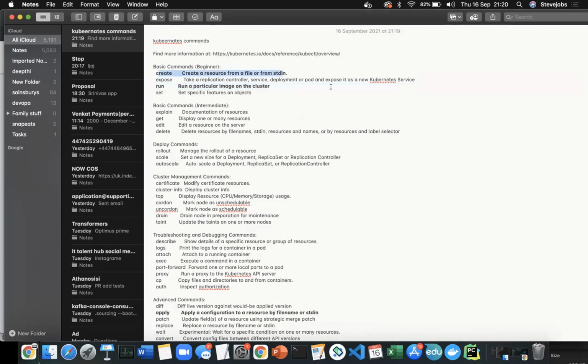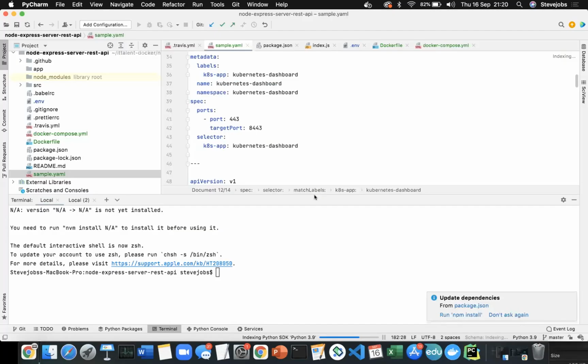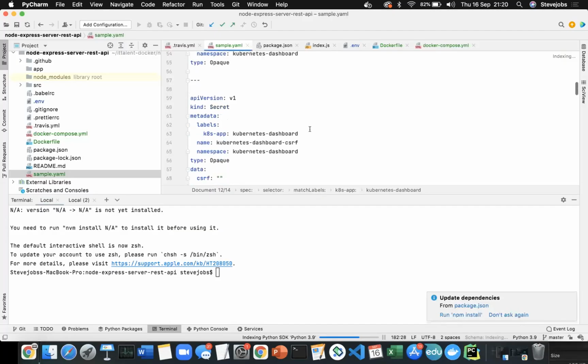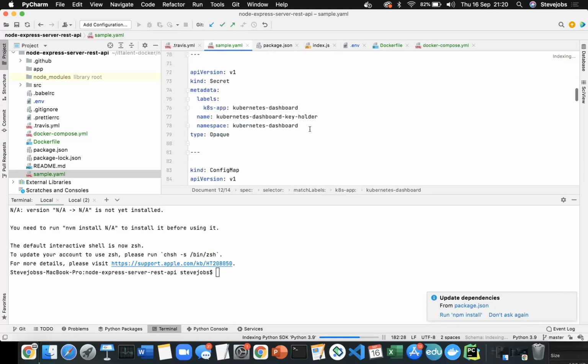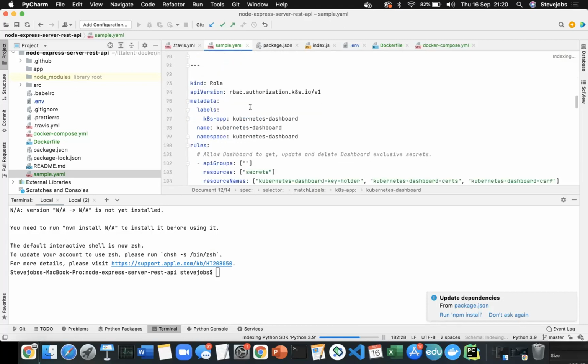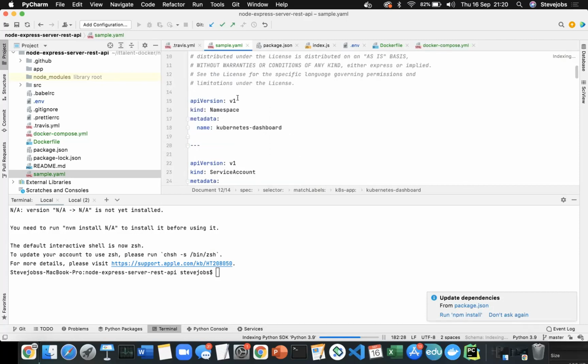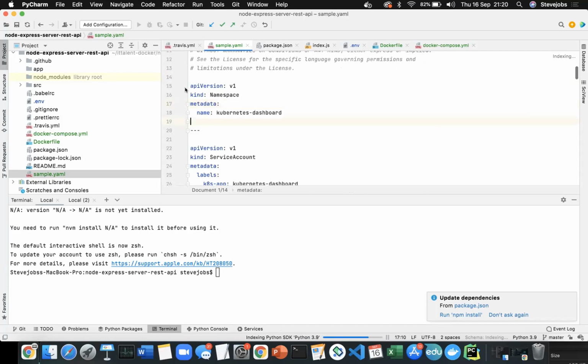They will follow it with a YAML file. In the YAML file, we need to describe the information: first of all, what is the API version, what kind of Kubernetes object we are creating, and any data like that. This is the main thing, which is nothing but a namespace. A namespace is highly important, the highest level of a Kubernetes cluster. So we're creating a namespace.